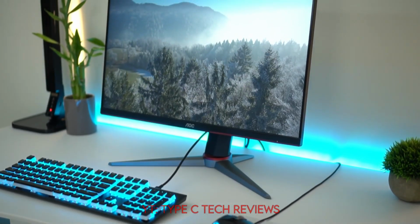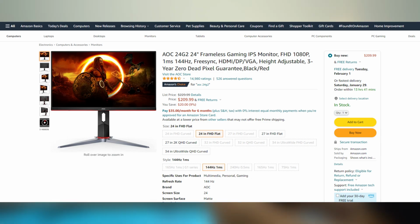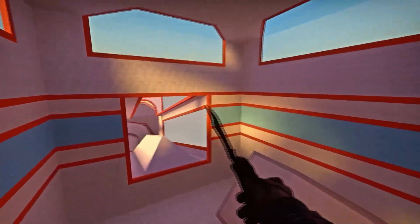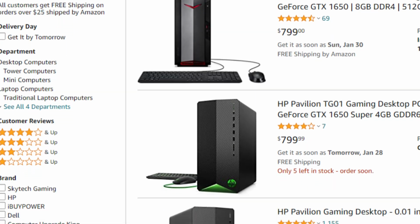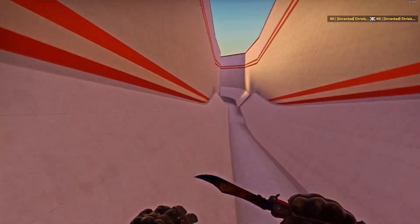The price for this monitor is $220 by the time that I'm recording this video, and I really think it's worth the value if you want to get a panel that has good colors and is also going to be smooth because of those 144 Hz. Now you don't need a super high-end gaming PC to be able to handle this monitor. With an $800 gaming desktop, you will be able to run at above 144 FPS in competitive games,